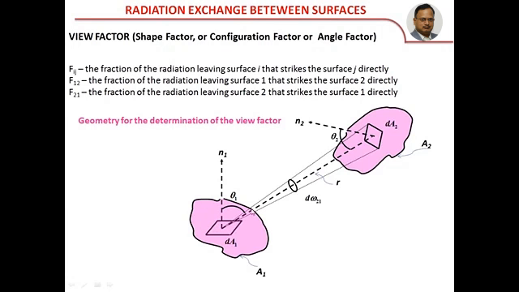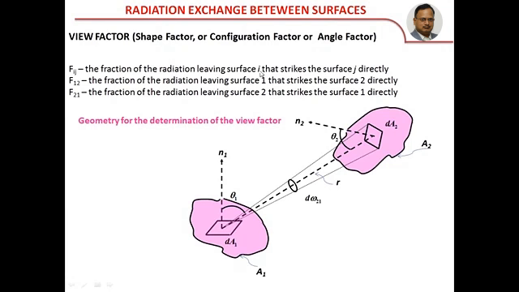and the amount of energy emitted by this body will not go and fall on body 2. Only a fraction of the energy emitted by this body will go and fall on body 2. Similarly, this body 2 will also emit energy in all possible directions. Out of the total amount of energy emitted by this body 2, only a fraction of amount of energy will come and fall on body 1. That fraction of energy